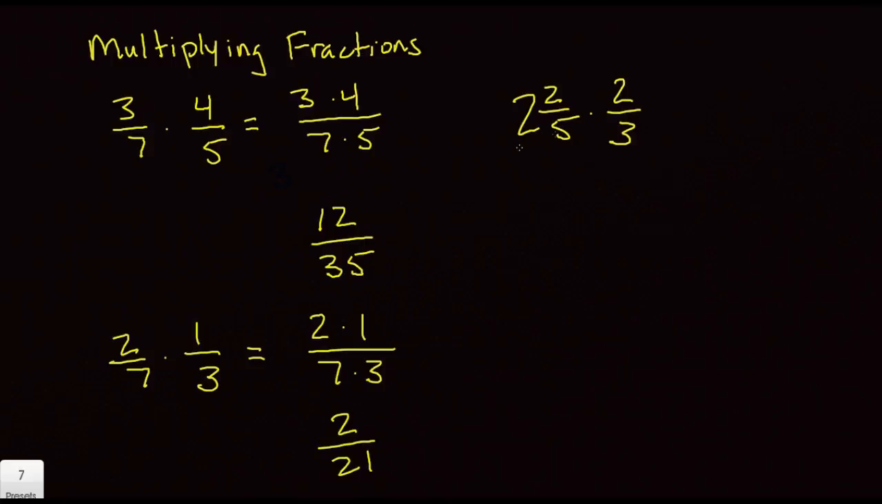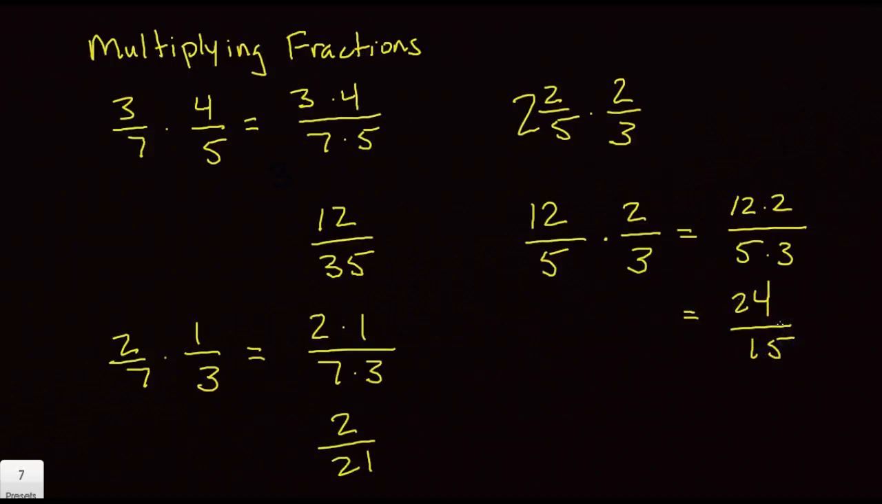Sometimes we have mixed numbers, and if you're not sure what to do with mixed numbers, you should see the video about fractions and mixed numbers. But we want to convert a mixed number to an improper fraction. So to do that, we would do 5 times 2, which is 10, plus 2, which is 12. And so 2 2/5 is equivalent to 12/5. So now we can follow this rule where we multiply our numerators together and we multiply our denominators together. And we would get